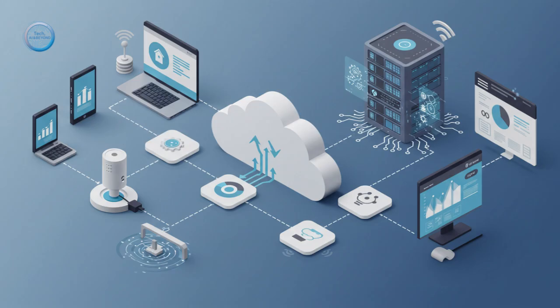Universal Translator is a great description. If the IoT platform is the brain, then APIs are the intricate nervous system connecting everything. Fundamentally, an API, an application programming interface, is a contract. It's a set of rules and definitions that specify how different software components should interact and exchange data or request services from each other.